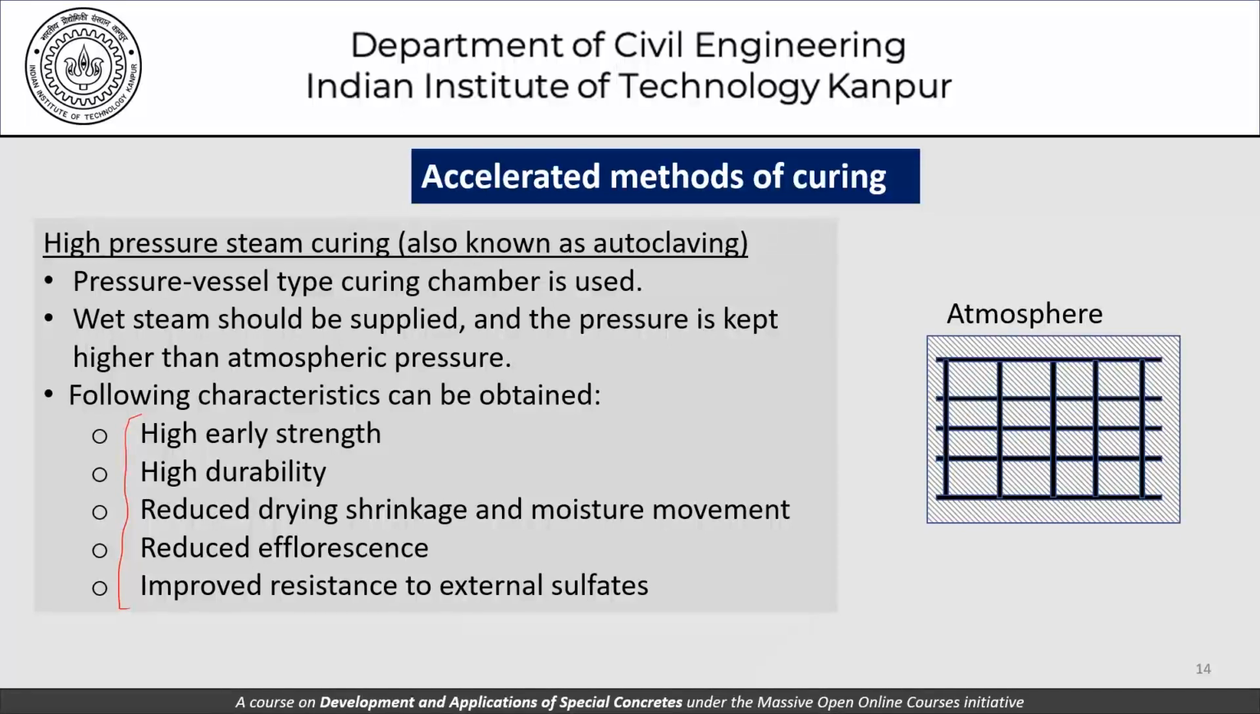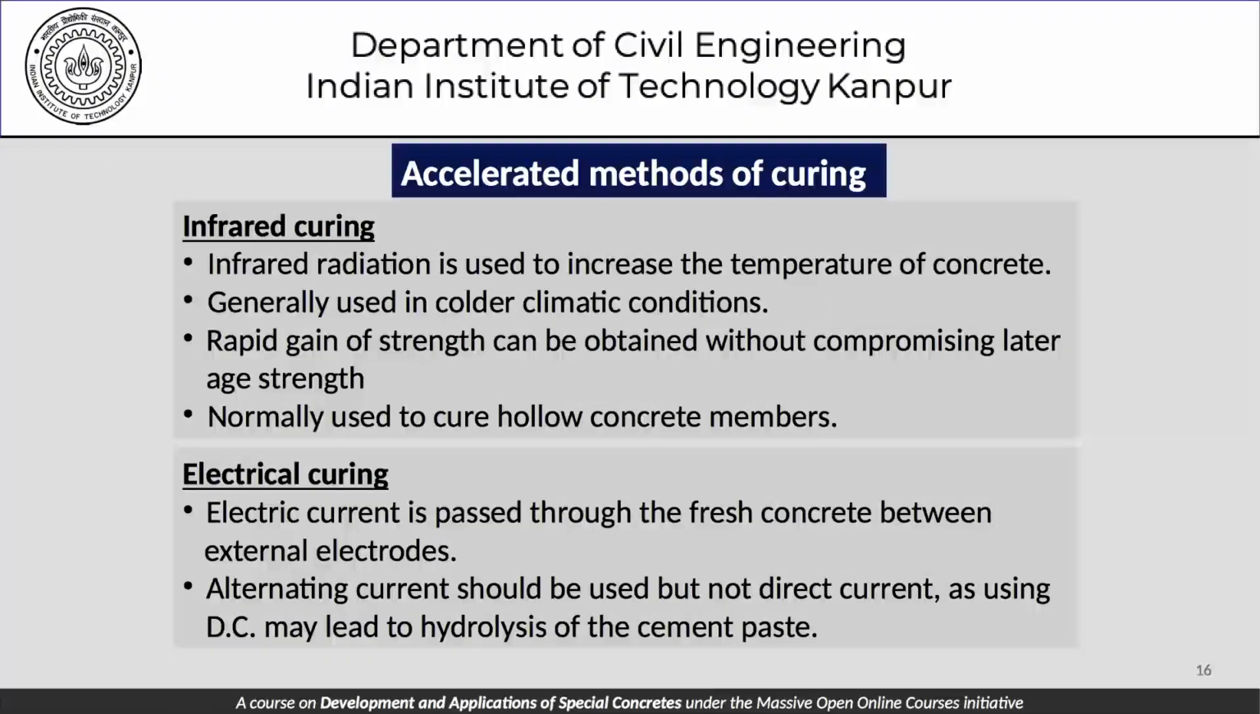large members, is an expensive proposition, and is resorted to only when it is necessary, when the ends justify the additional expense that is incurred in terms of autoclaving, that is having a chamber where you can supply steam and maintain a high pressure. Then there are other methods like infrared curing, which refers to